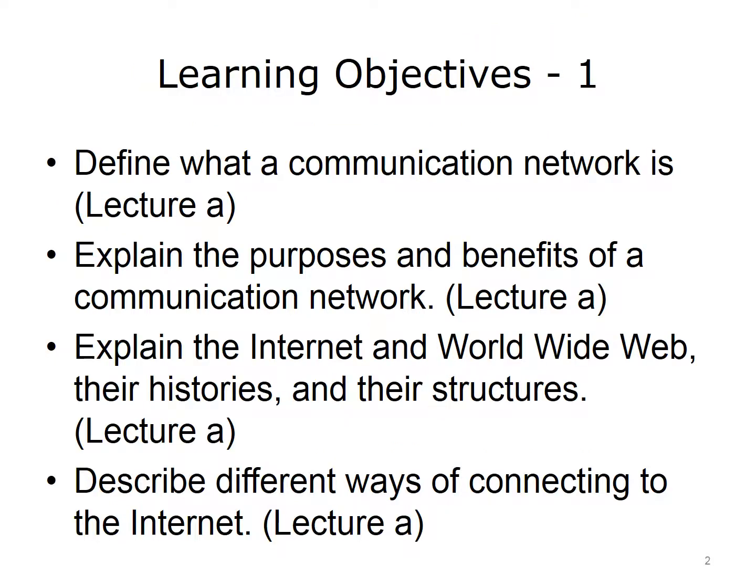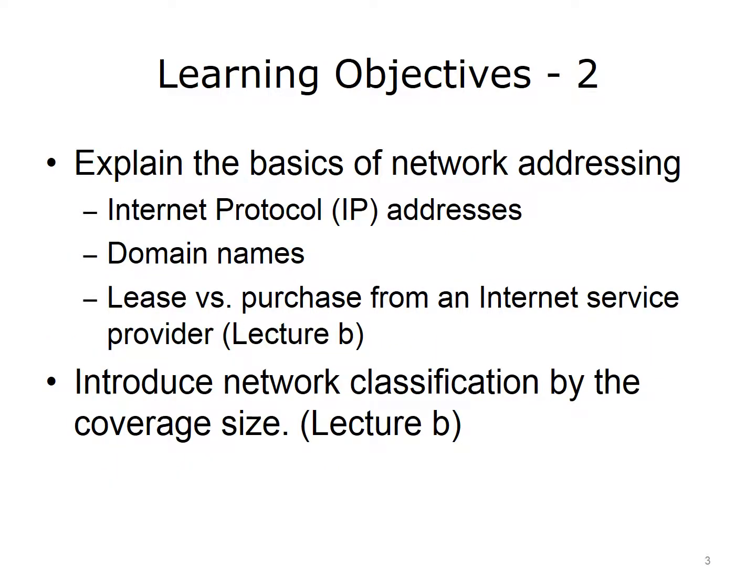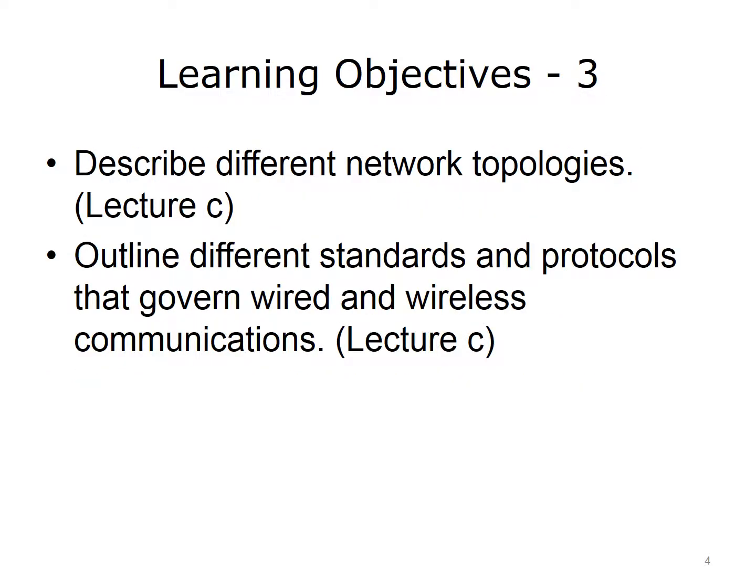The objectives for this unit on networks are to define what a communication network is, explain the purposes and benefits of a communication network, explain the Internet and World Wide Web, their histories and their structures, describe different ways of connecting to the Internet, explain basics of network addressing, IP addresses and domain names, and how they can be leased or purchased from an Internet service provider, introduce network classification by the coverage size, describe different network topologies,